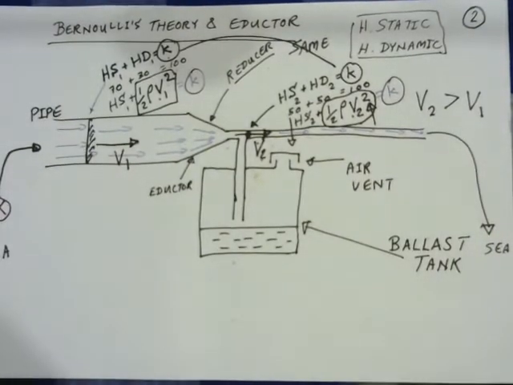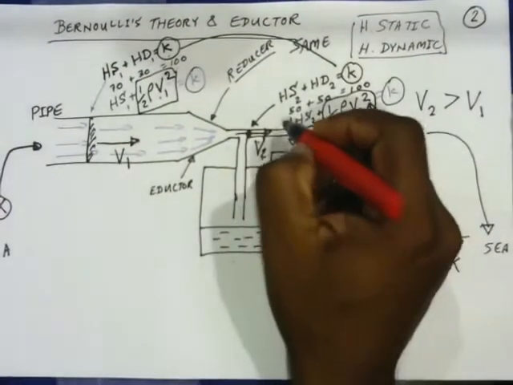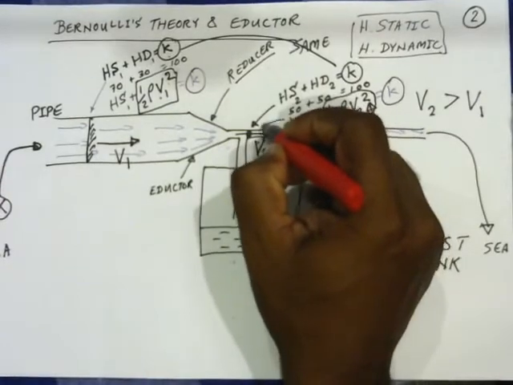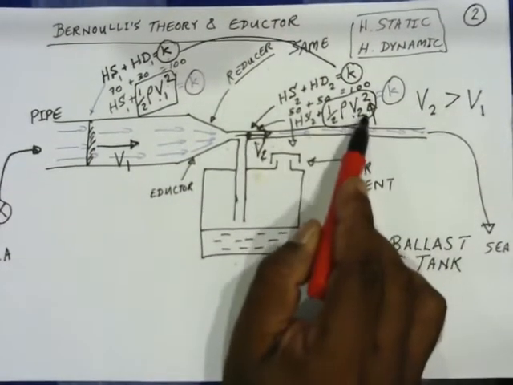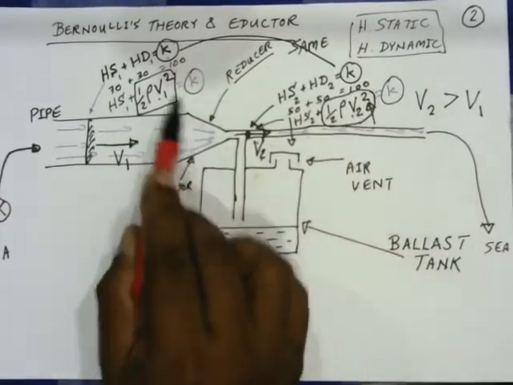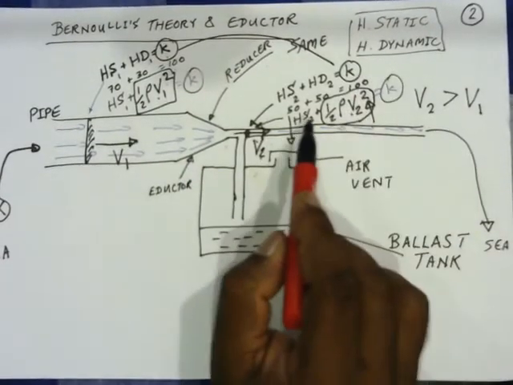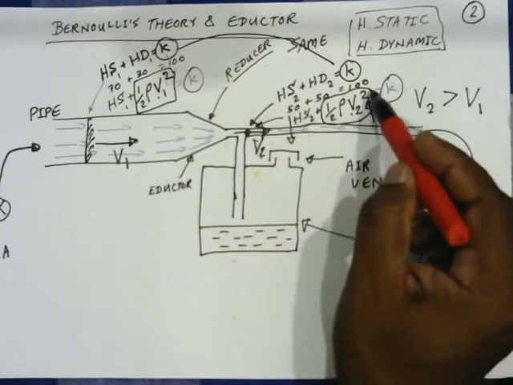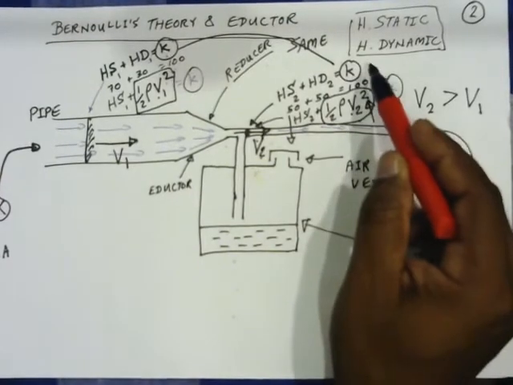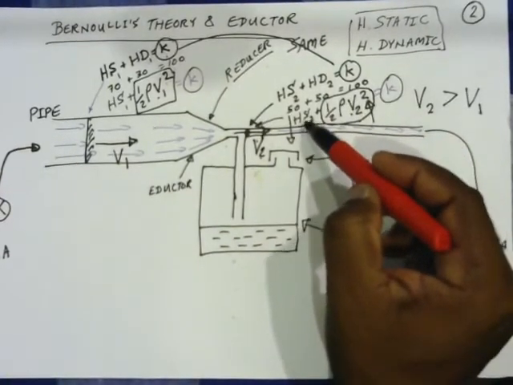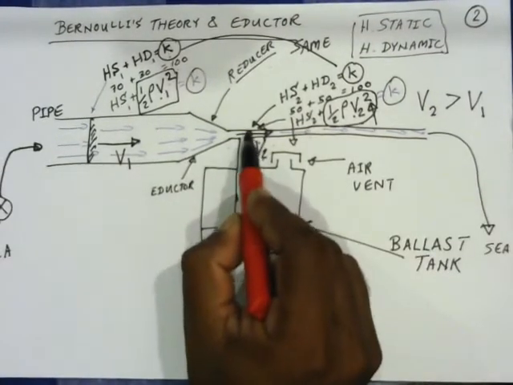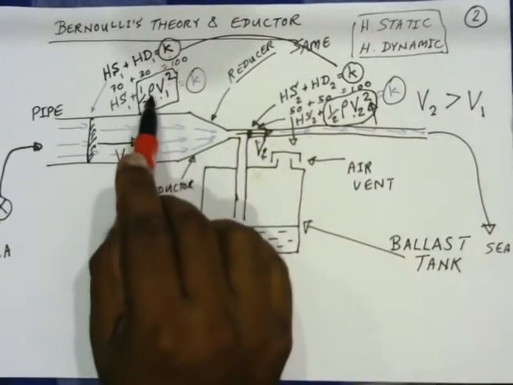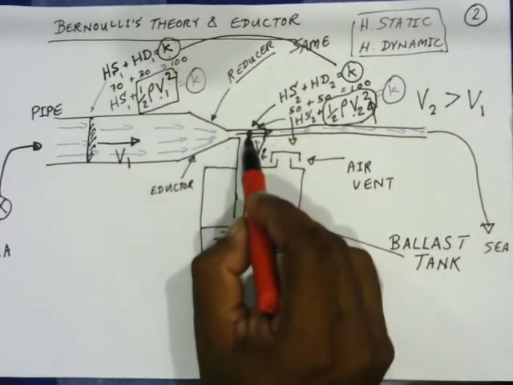It should come down. So at this point, the hydrodynamic pressure is increasing. You can see that because V2 is higher than V1. When V2 is higher and it goes up by a squared value, it goes up very high. So HS2 should reduce, or the static pressure here should reduce compared to here. So when the static pressure reduces here,